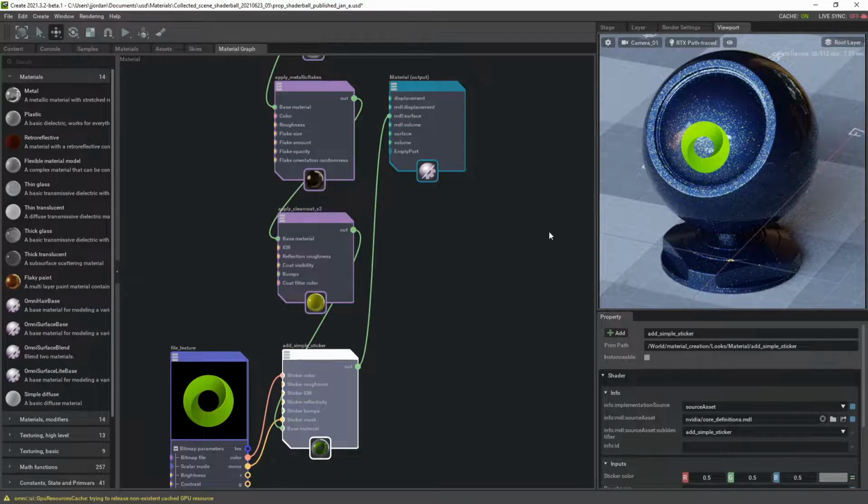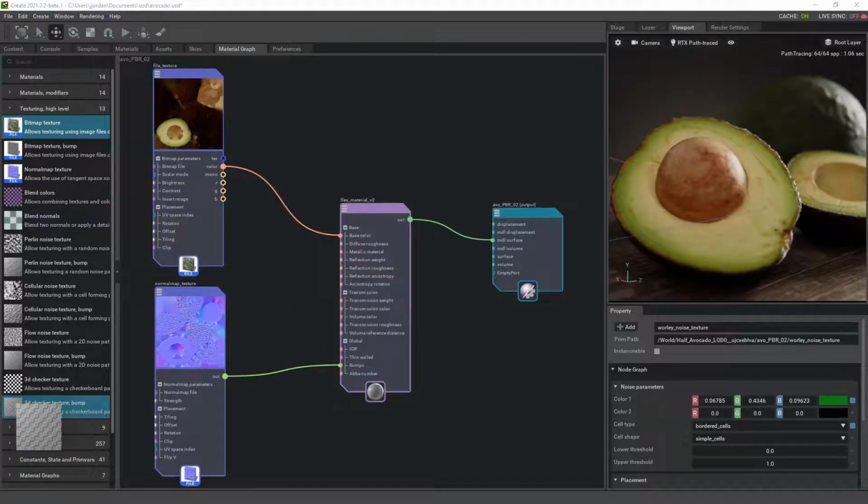So this is the high-level set of building blocks on the material side. We see here already that we also have building blocks on the texturing side that simplify things. I will now show you this with a different scene. For texturing, Omniverse also comes with a number of predefined high-level texturing nodes with lots of controls that should make